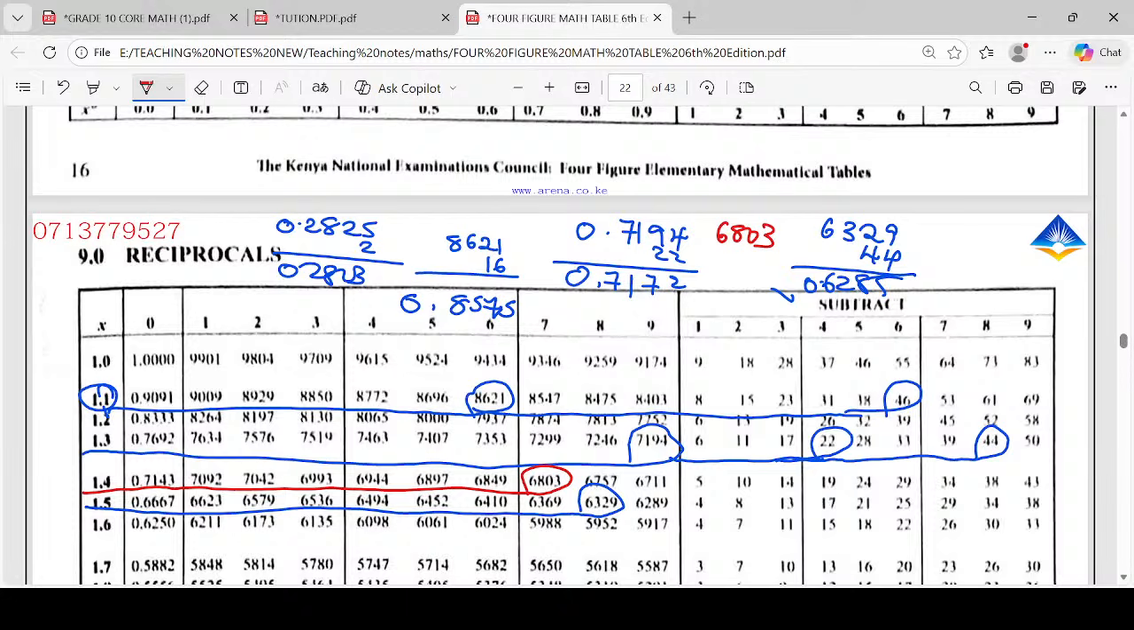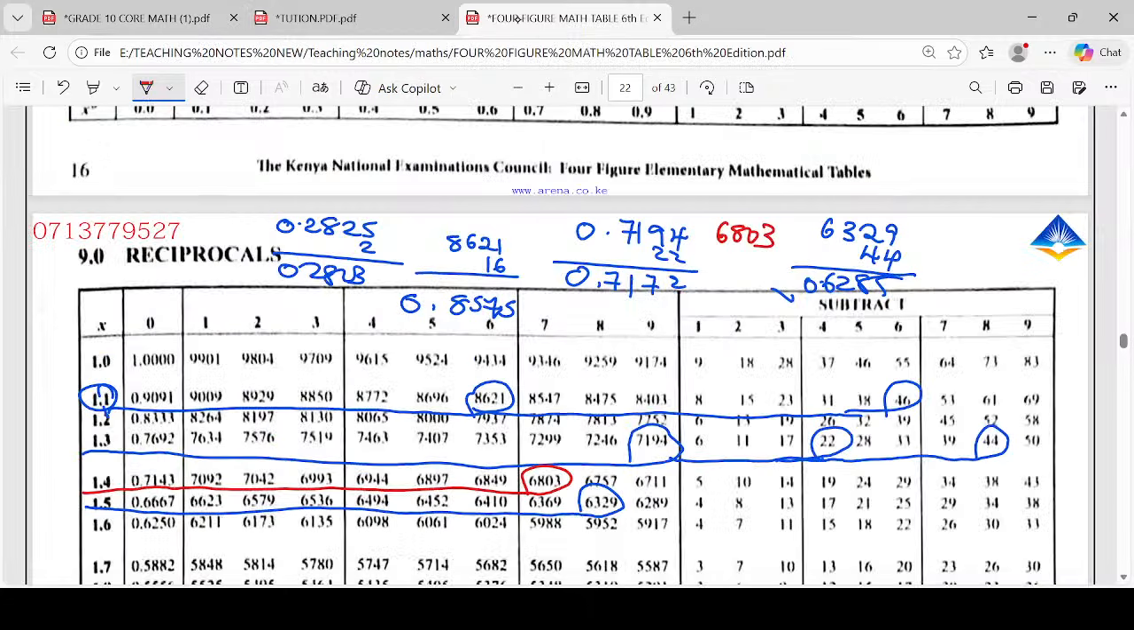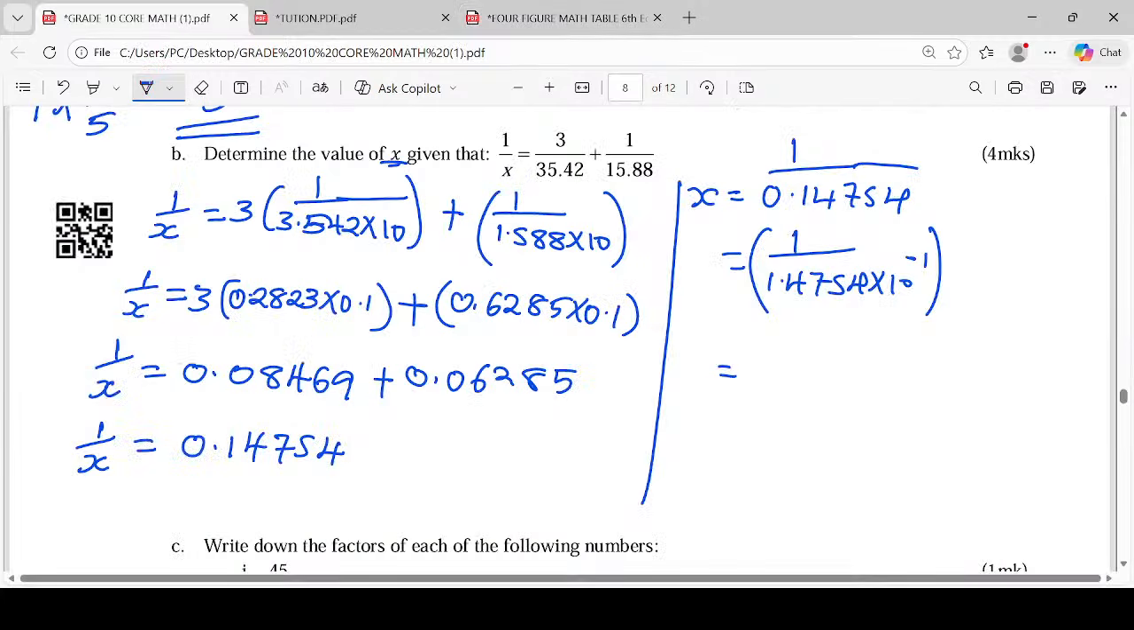1.4 then 7. Again 5 now. We proceed to the column headed 5, that is 24. You subtract 24 from 6803, you get 6779. So this will become 67,